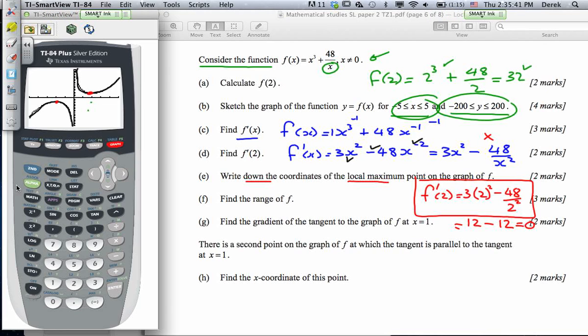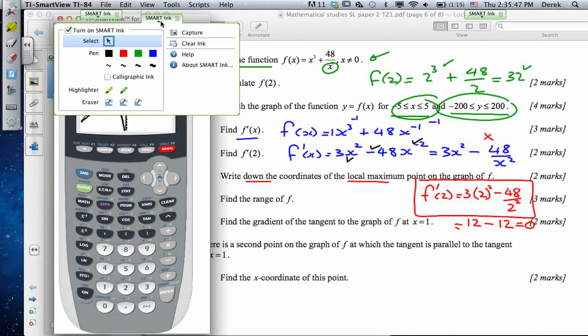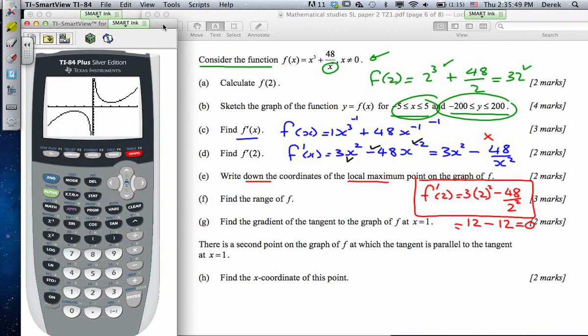So we would use our calculator to find this, because it says over here write down the coordinates. So you're not actually needing to find this with algebra, you can just get it straight from your calculator. So you do second function calc, you're going to find 4, you want to find a maximum. Now you've got to get it to where you need it, so you've got to move this along until you